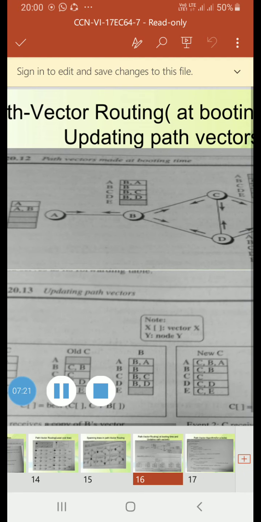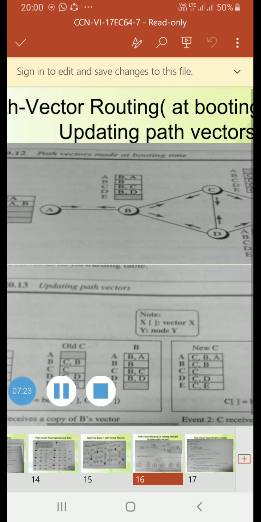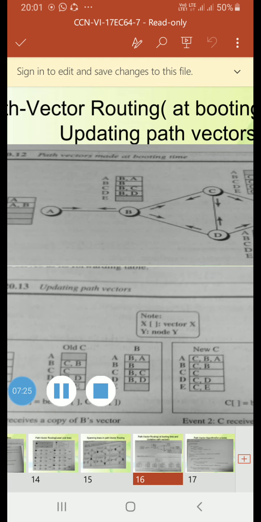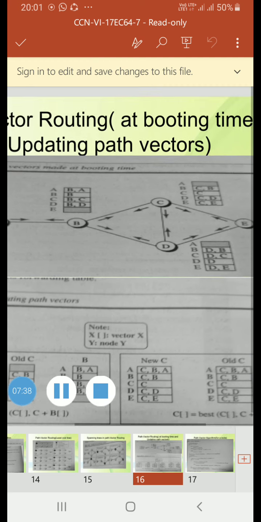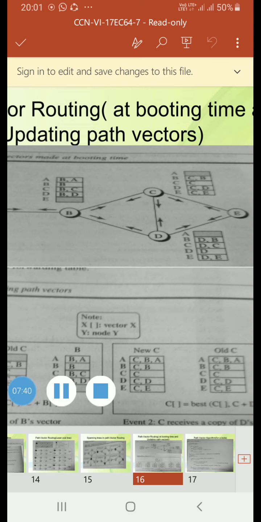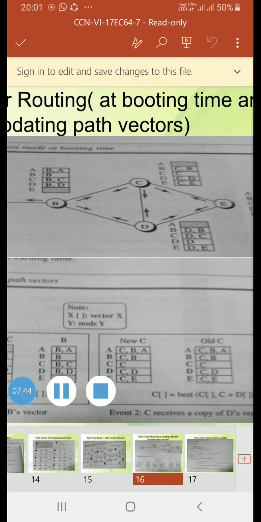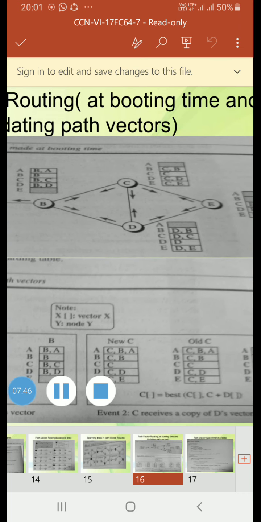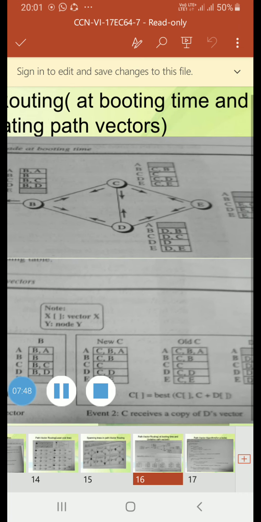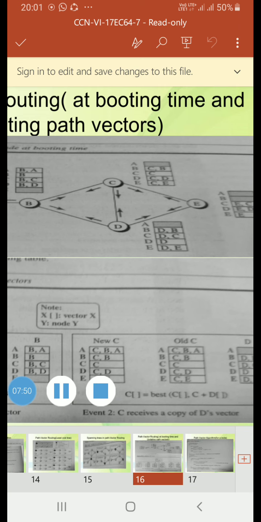When we go for B, B is connected to A, C and D. For A it is BA, for B it is just B, for C it is BC and for D it is BD. For E it is empty. When we go for E, for A it is empty, B is CB, C is C, D is CD, E is CE.